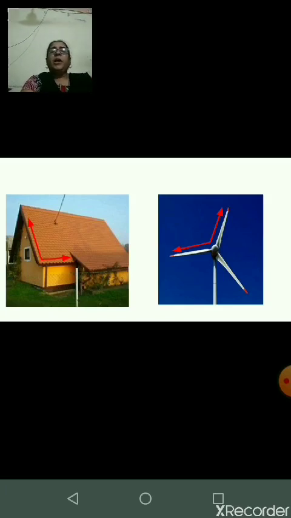Now, second picture. What do you see in the second picture? It is the picture of a windmill. Very good. You see windmills, na? While going out of Maharashtra, or out of Bombay, at some places you may see windmills. Yes. Now here also you can see an angle is drawn. Yes. Which type of angle is it? Obtuse angle. Very good. Which angle? Obtuse angle.